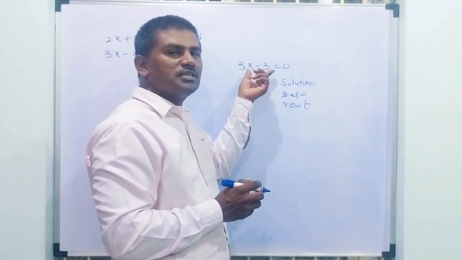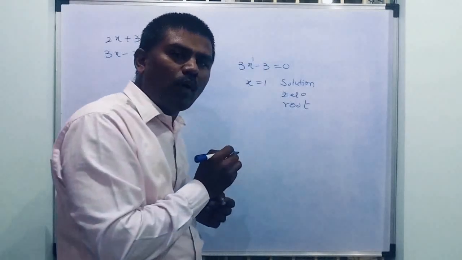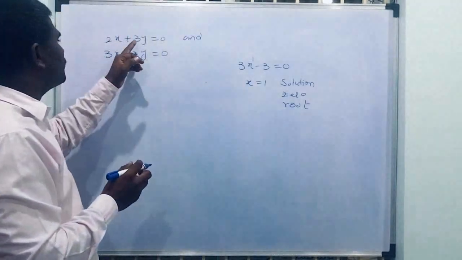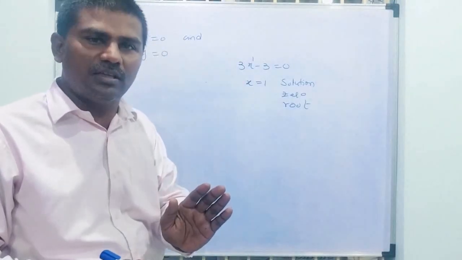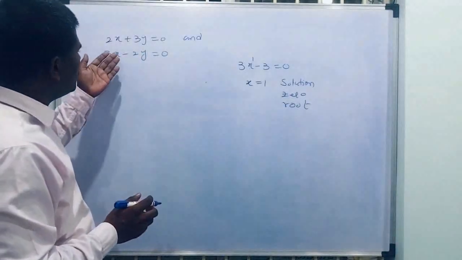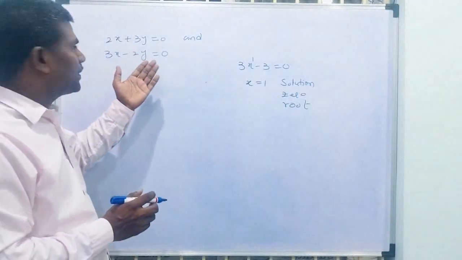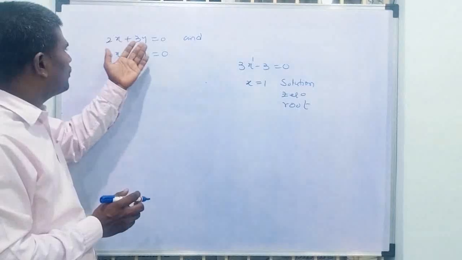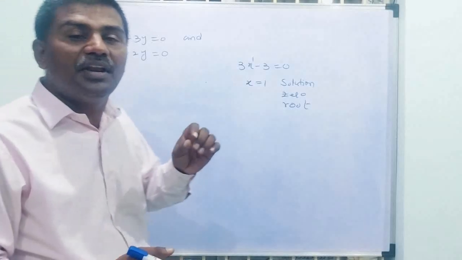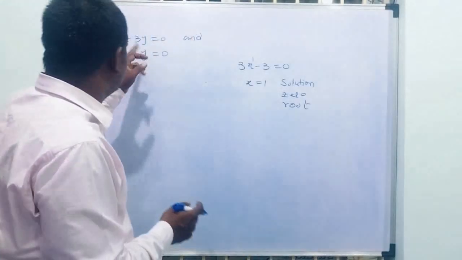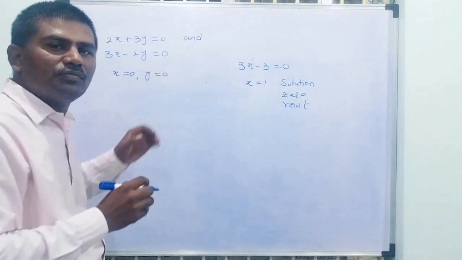Here x is equal to 1 is the solution for this equation, and also you can notice that the degree of x is 1. That means the powers of the variables must be 1. Such types of equations are called linear equations. Now you can easily notice that for the first system there is no other solution except 0. That means if you put x equal to 0 and y equal to 0, your equations are satisfied. It is so-called trivial solution. When x equal to 0, y equal to 0 is the solution, it is called the trivial solution of the homogeneous